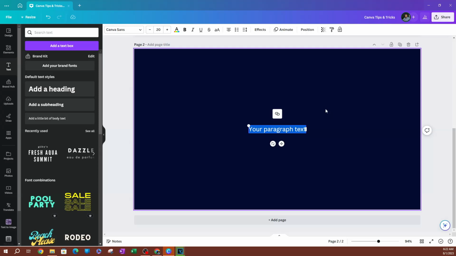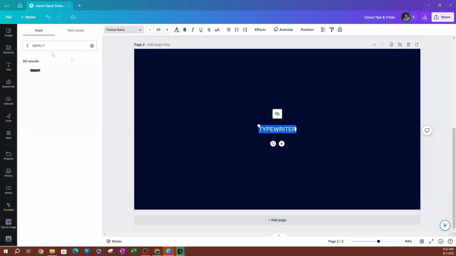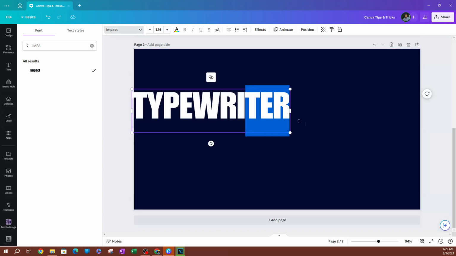I'm going to just type in something like typewriter. Nothing too crazy here. I'm going to select everything in here and change a couple things. I'm going to change my text to Impact, which is my favorite font. So change that to Impact, and I'm also going to change the size of this font. So I'm just going to change the size